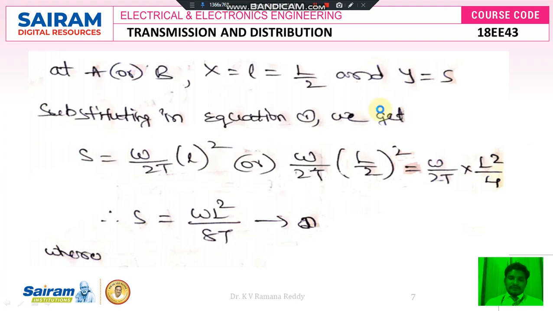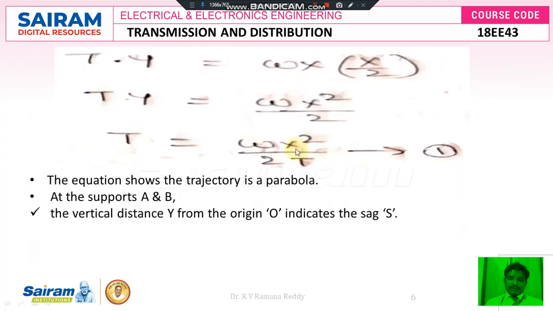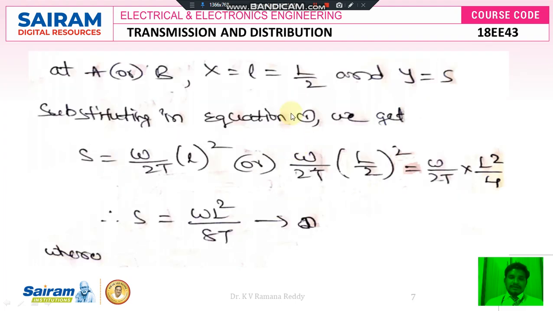In the place of Y, I am going to substitute S here. Then S is equal to W divided by 2T, and here X square I can write, X is nothing but length of span of the conductor, I can write as L. L is again nothing but L by 2, because the distance from A to origin or origin to B is L by 2. So in the place of L I can substitute L by 2, then it becomes W by 2T of L by 2 whole square, that is W by 2T L square by 4, and